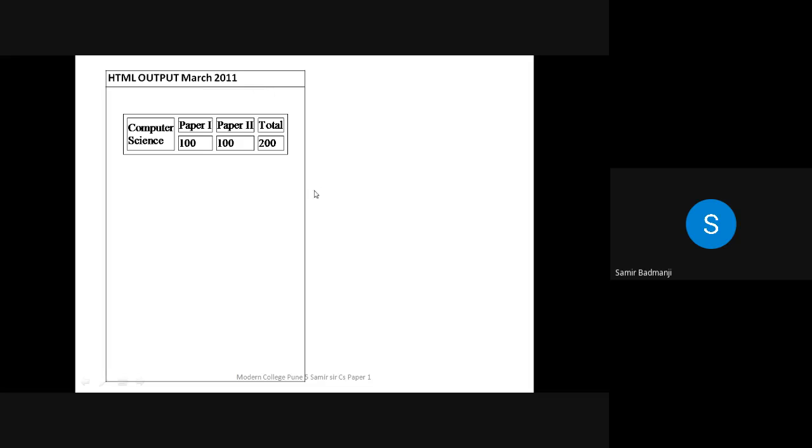See, whenever such types of tables are there, the first cell is followed by the upper cell that consists of one row, and the next row will be the later three parts. Now see, in the table tag, you have to write cellspacing equal to 10, and then TR. Now computer science, two rows are there in front of it. So rowspan equal to 2, computer science. Then again TD paper 1, paper 2, paper 3. Then the row is complete. Next row 100, 100 and 200.